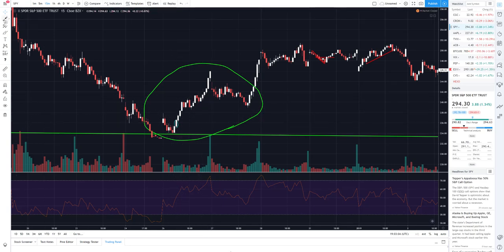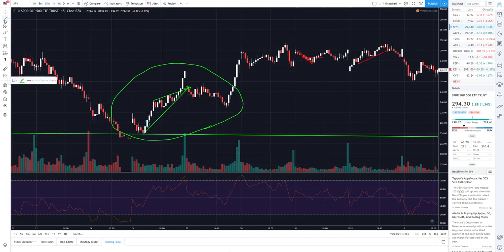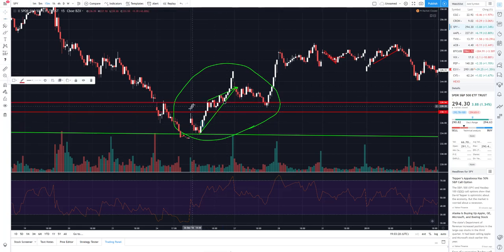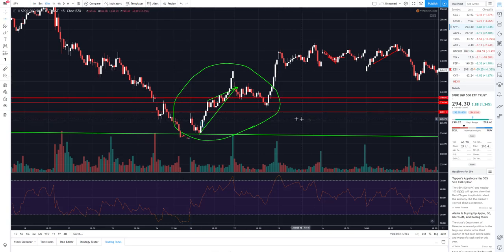Rising wedge here. I'll draw it out for you if you don't see it. But so rising wedge, break up, which is obviously very abnormal. You should expect a pullback. As you can see, it just retested some key levels gained, which would be, if I had to plot them out, would be these. And this one,